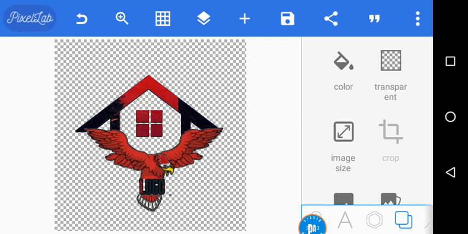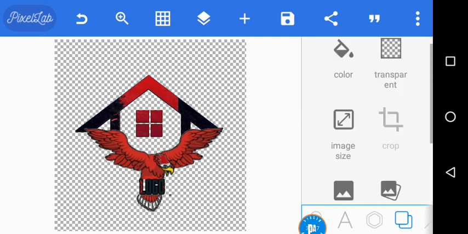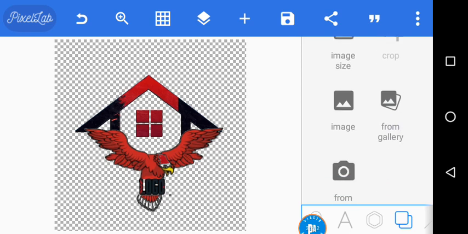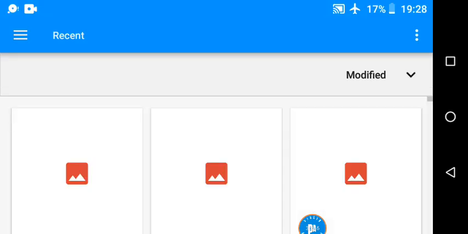But if you don't want to do it like that, we also have an option to bring in our own image where we want. You click this from gallery option. It's not this image option, no, they are different. So before we do that one,